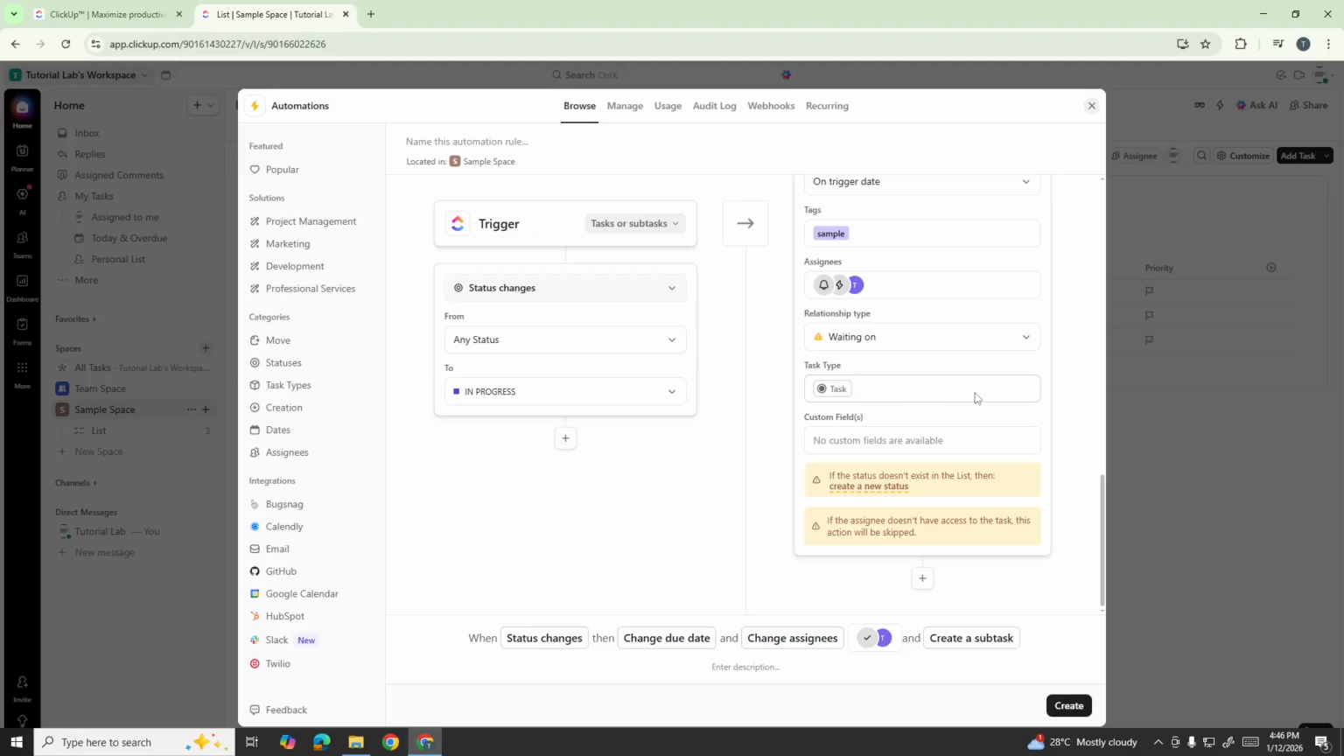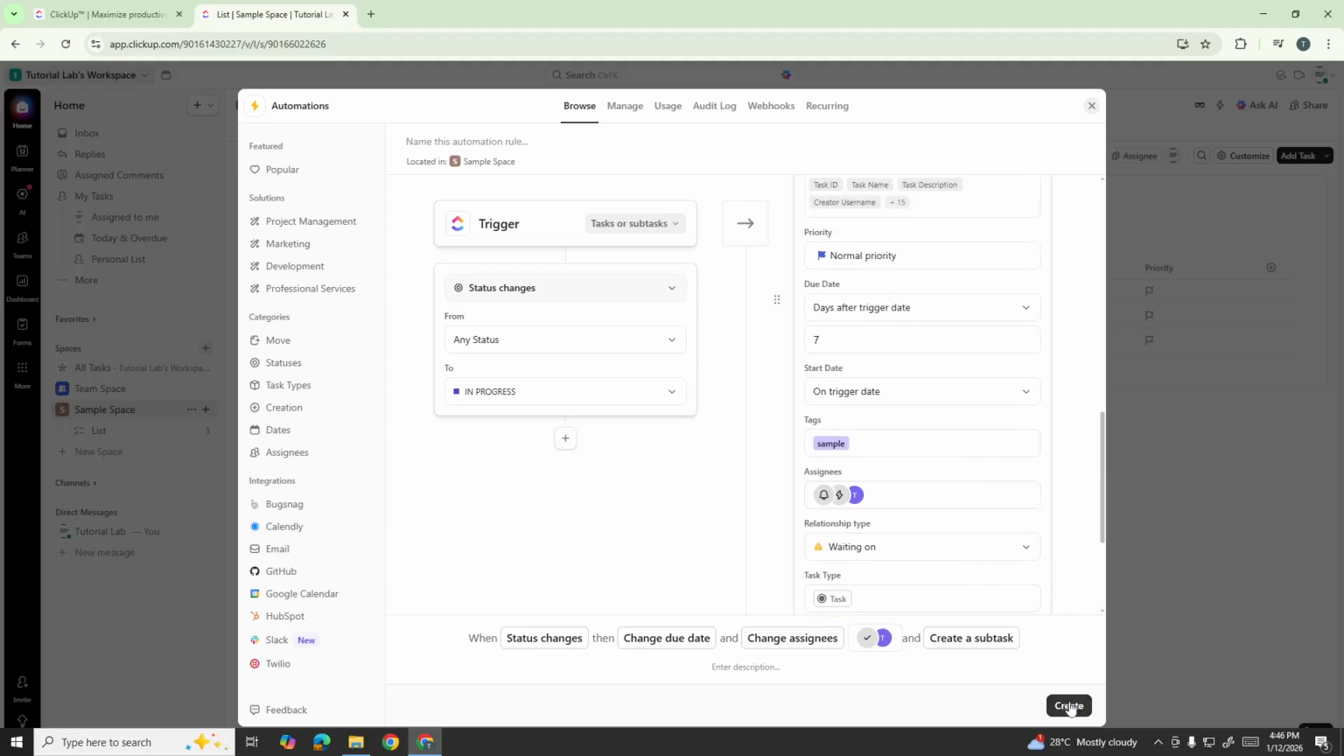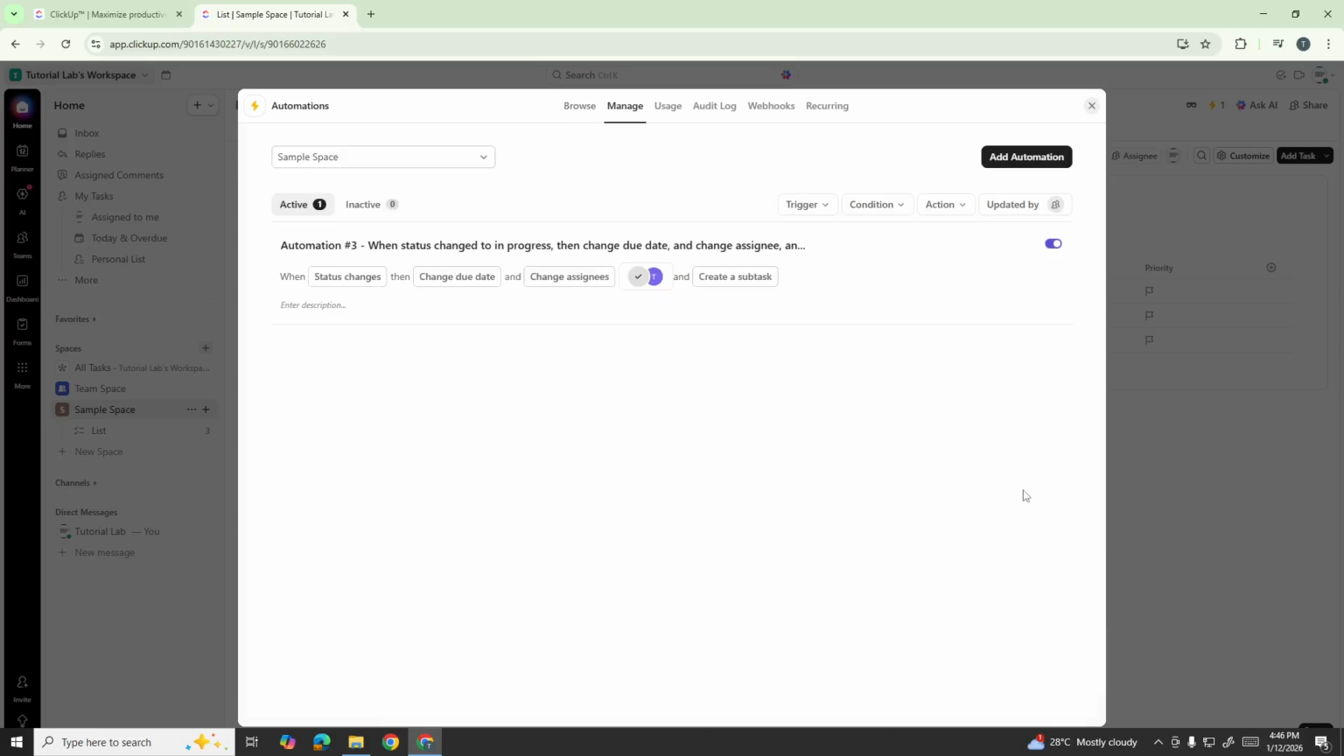Once you've configured everything, click Create to activate your automation. Your ClickUp workspace will now automatically generate subtasks with all these specifications whenever the trigger conditions are met, streamlining your workflow